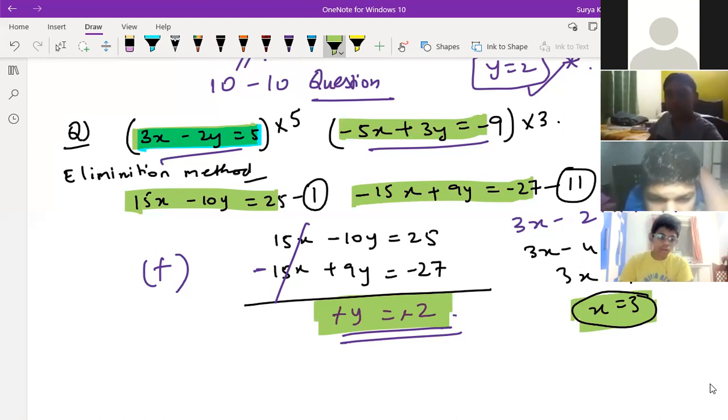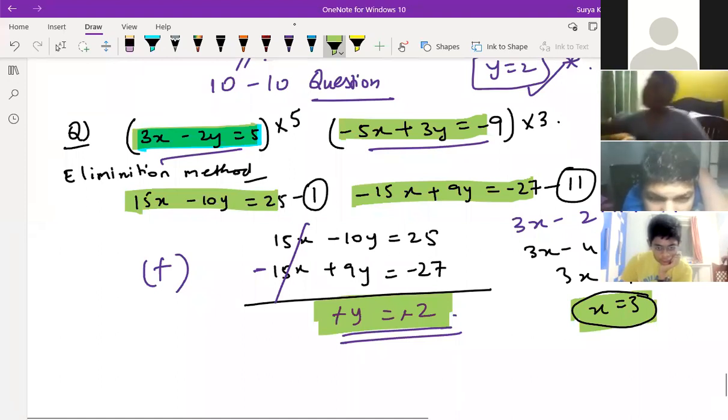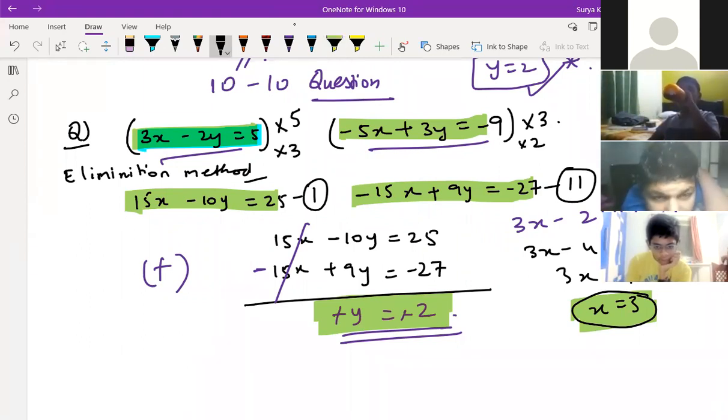Satvik, you tell me, child, if you're having any doubt. Among all the 3 methods, this is the easiest method actually. Yes, sir. It's easy, sir. And if you want to equate this y part, so this is it. Here you should multiply by 3 and here you should multiply by 2. Correct or not? Yes, sir. That was much more easier also.